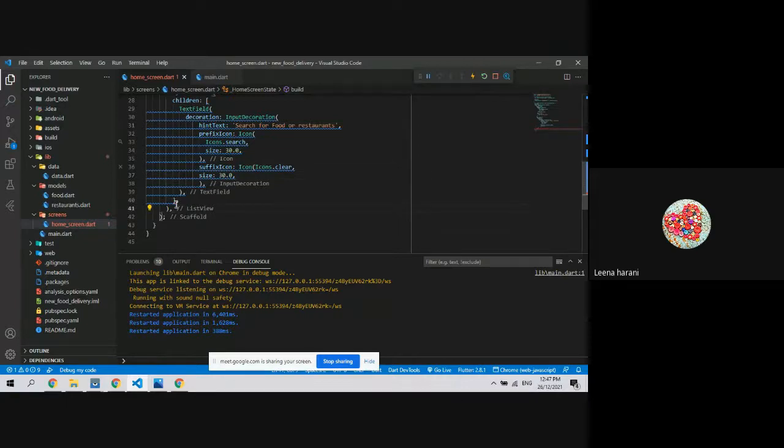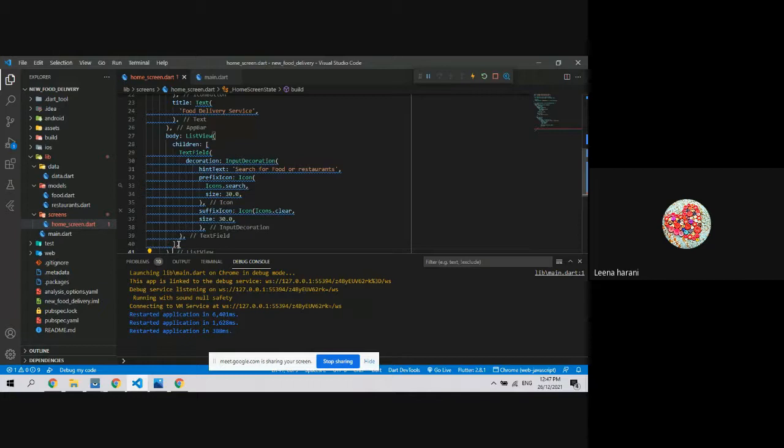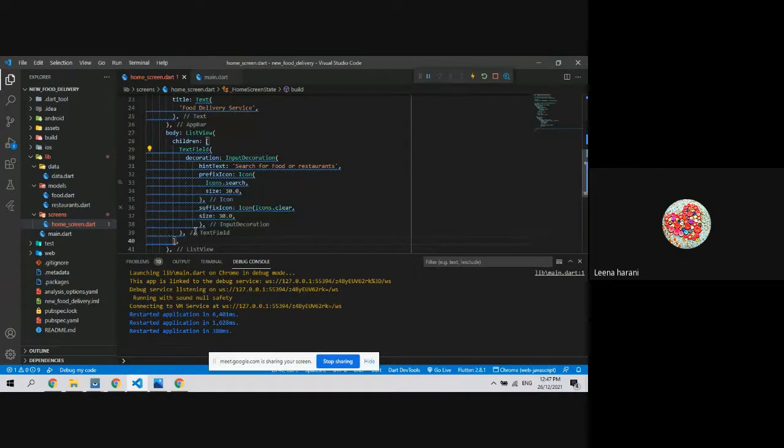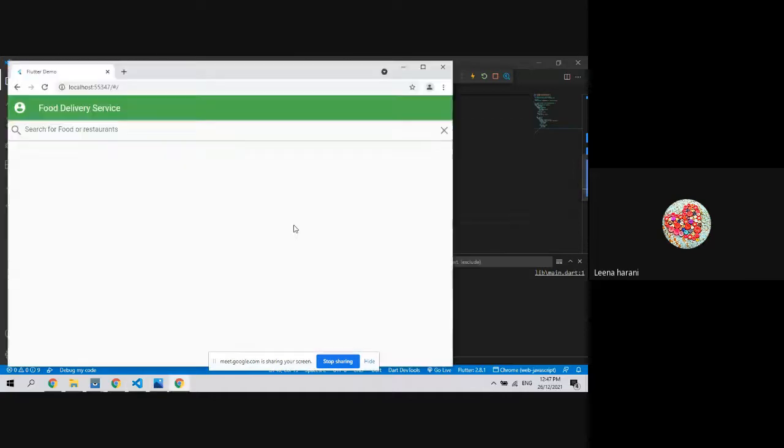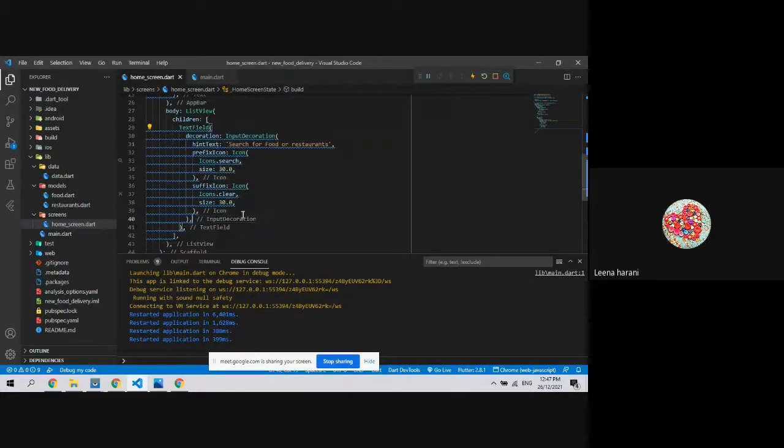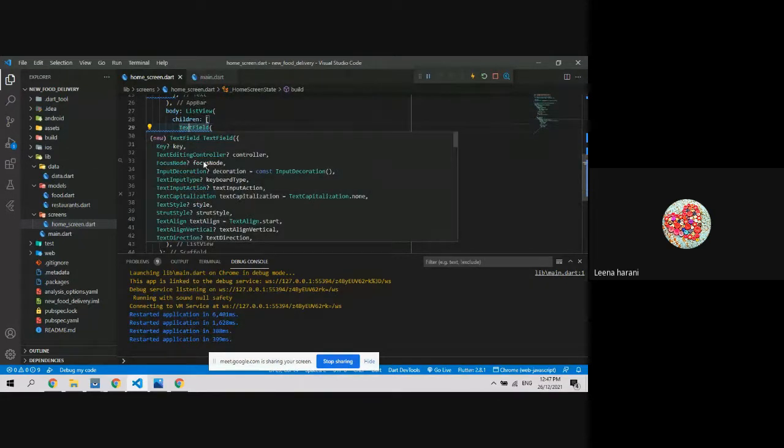There is some error. Maybe we forgot to close some class. Let's hit the quick fix button, or let's close some. A search icon and a cross icon are there. Now let's add some more beautiful view